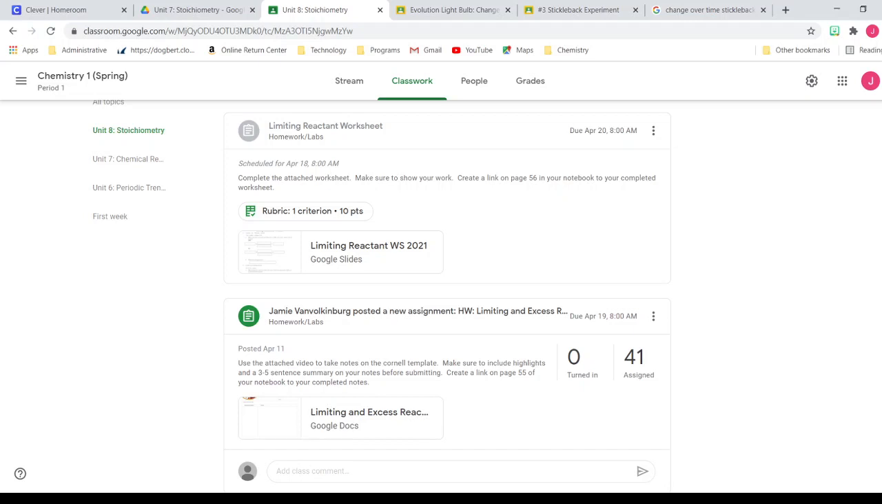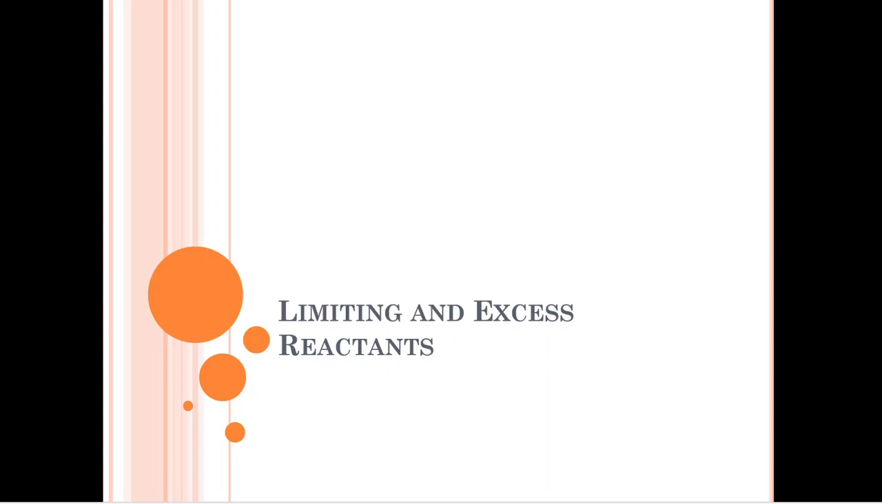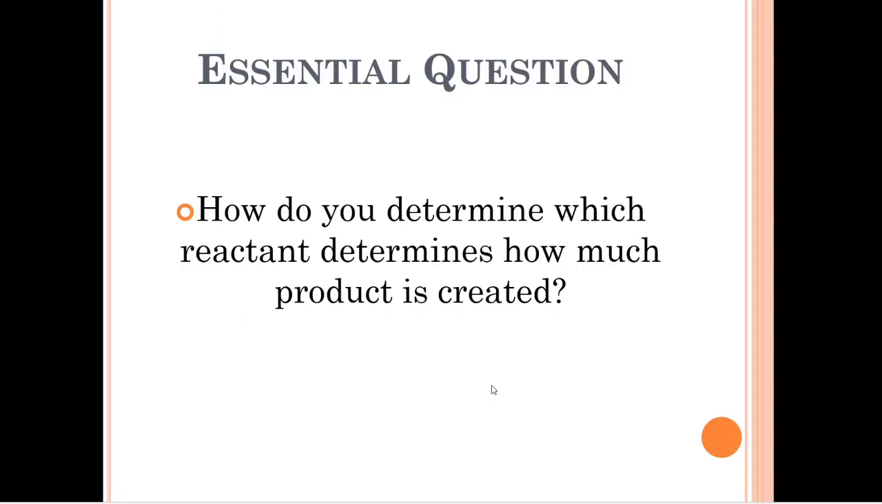We've just gone through all of the stoichiometry, and now we're going to use that stoichiometry to determine what's going to limit how much I make of something, or what I'm going to have too much of, so that we can make sure that the reaction works. Remember when we talked about rate of reactions, we need so many molecules in order to collide to create that reaction. So our essential question is,